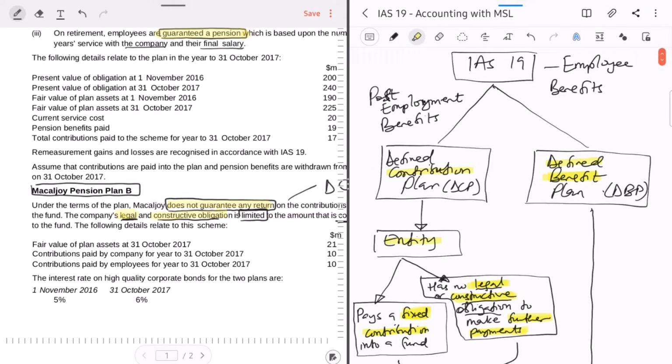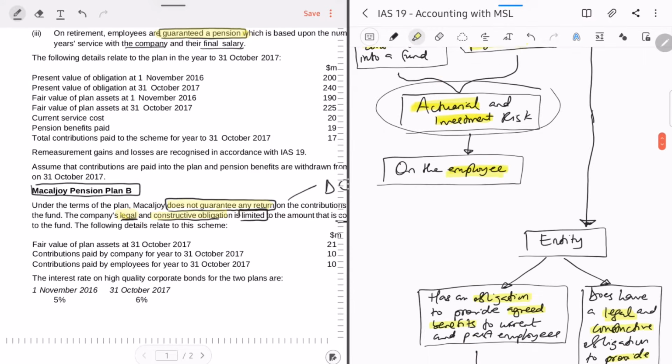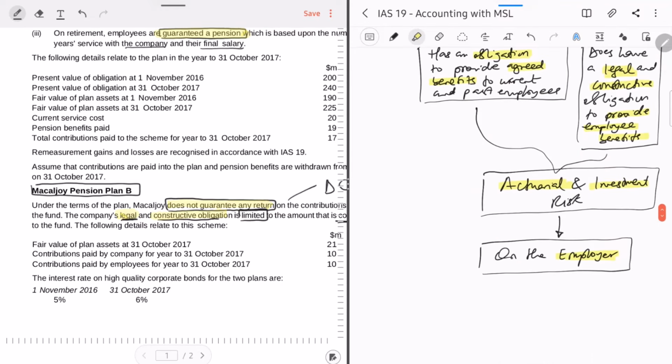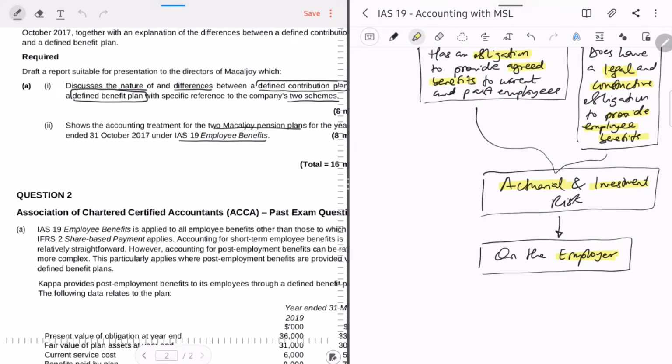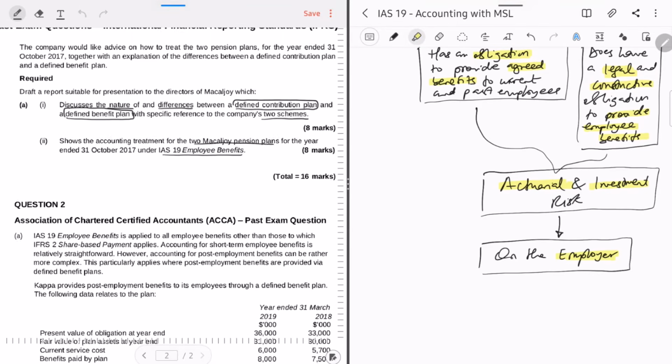make your case, right? So under IAS 19, there are two types: defined contribution, defined benefits. Obviously, these are post-employment benefits, right? And this will help you put out your answer clearly. Let's not waste time. Time is a valuable resource. So let's come to the next question, which deals with accounting